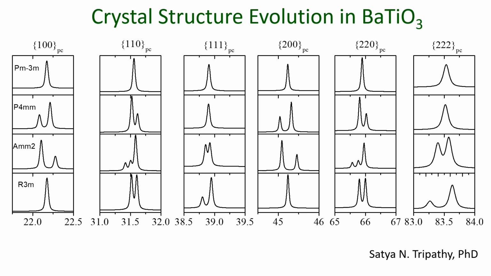Barium titanate contains four crystal symmetries, and all of them vary with temperature. As you can see, there is a transition from R3M to AMM2 at minus 100 degrees Celsius, then AMM2 to P4MM at 0 degrees Celsius, then P4MM to PM3M around 120 degrees Celsius. All these transitions are temperature dependent, and here R3M means rhombohedral, AMM2 means orthorhombic, P4MM means tetragonal, and PM3 bar